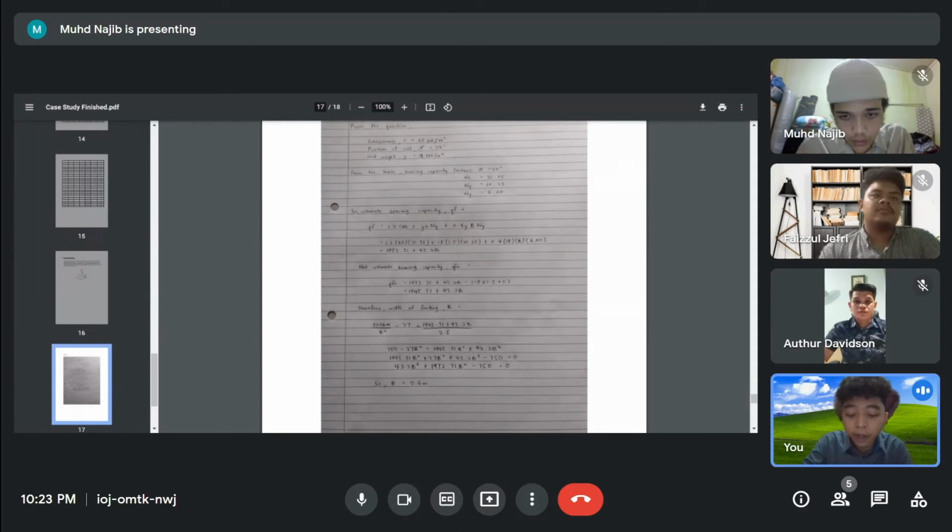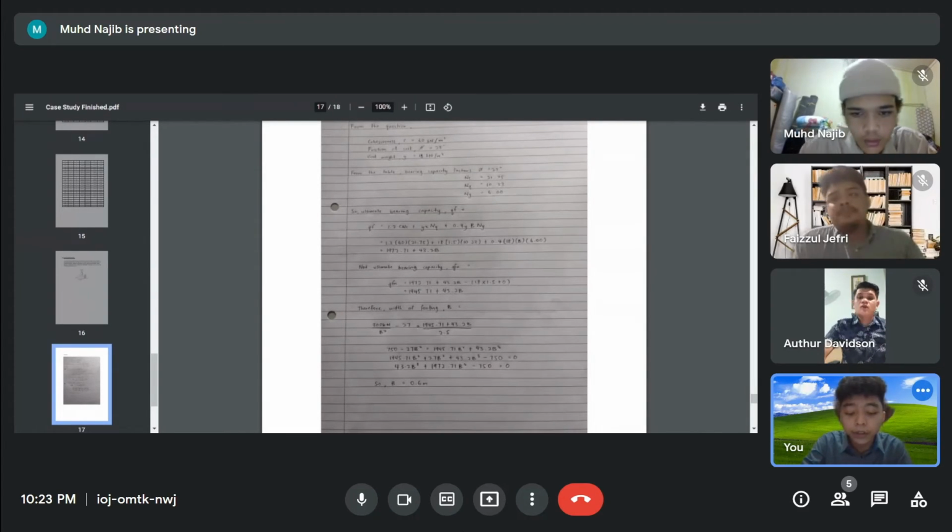So for Qfn, the formula is 1972.71 plus 43.2B minus 18 times 1.5 plus 0. So the answer will be 1945.71 plus 43.2B. Therefore, the width of footing B, using the formula 300 kilonewton over B squared minus 27 equals